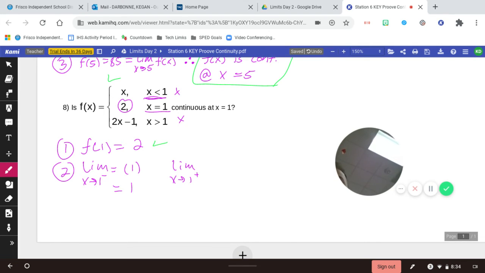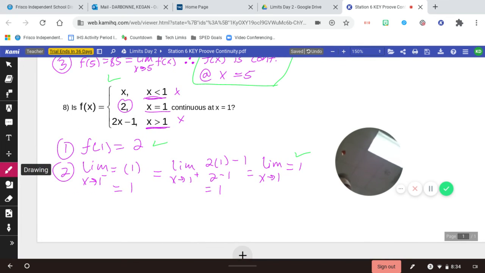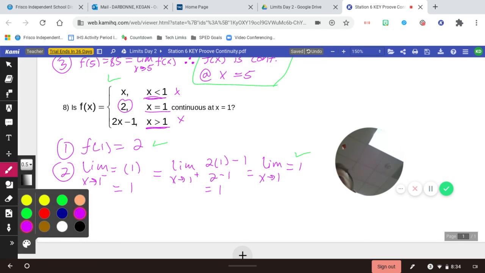So the limit as x approaches 1 from the right, that's going to be our values greater than 1, because it's positive numbers approaching from the right. Okay, so that would be 2 times 1 minus 1, 2 minus 1, which equals 1. Well, those are equal to each other. So our overall limit as x approaches 1 would be equal to 1. Okay, so our limit exists. Now you might have already seen what our issue is going to be, but let's do step 3 anyway. So step 3,